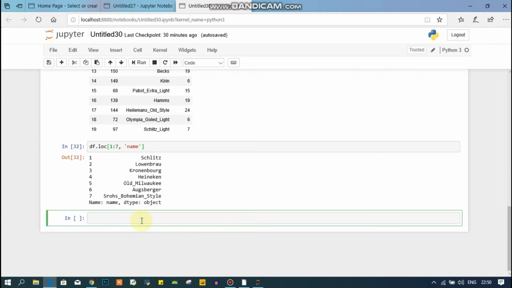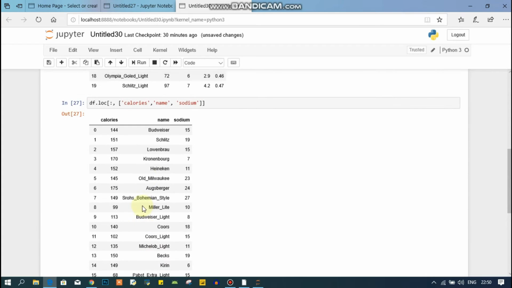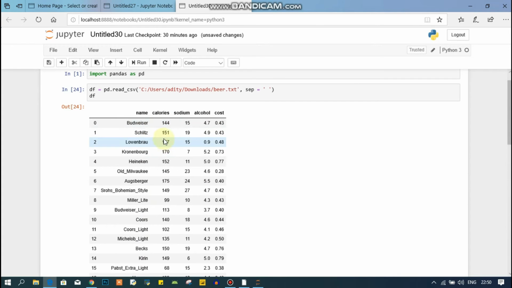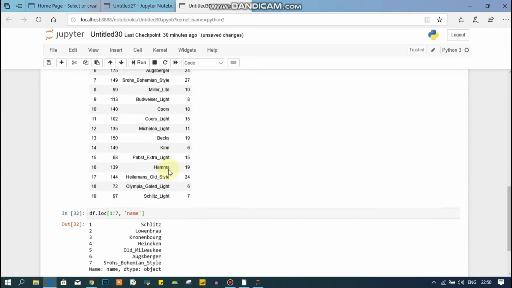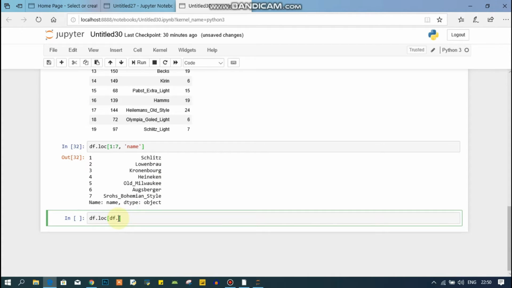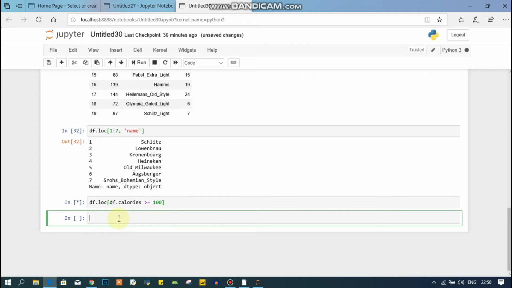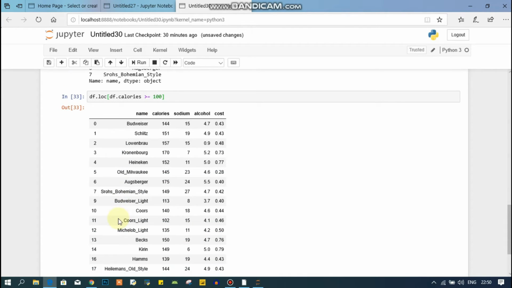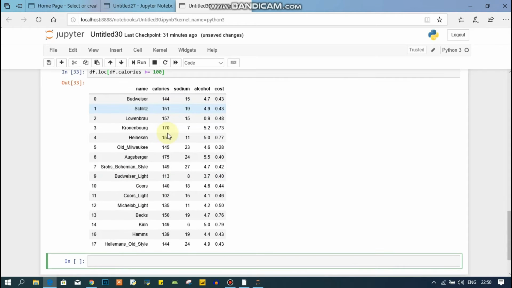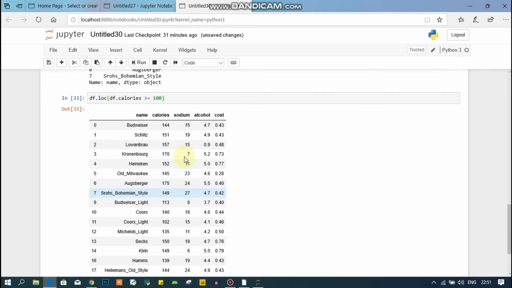Let's suppose I want all the data of this calories column whose values are greater than or equal to 100. So let's run this. You can see that here I got all the calories greater than 100, and it removed all the values which were lesser than 100. So this is another way of using the loc method.